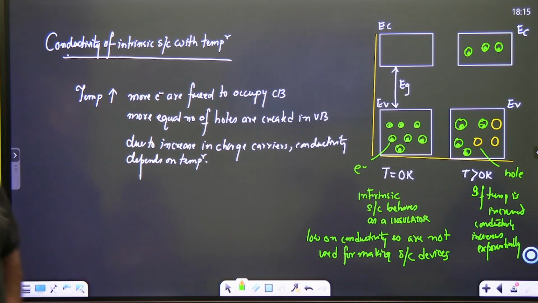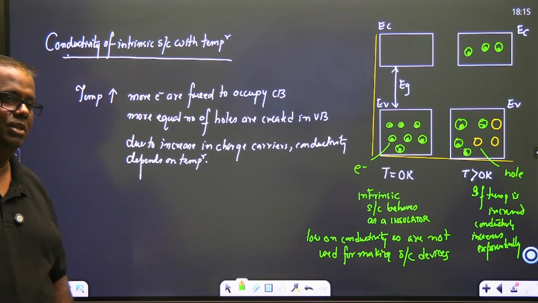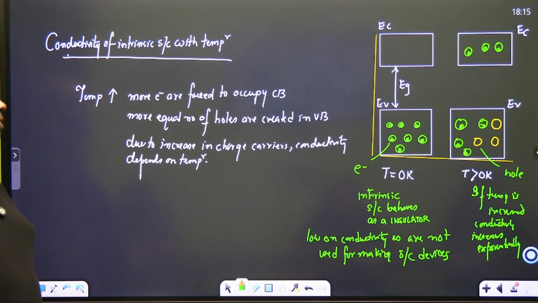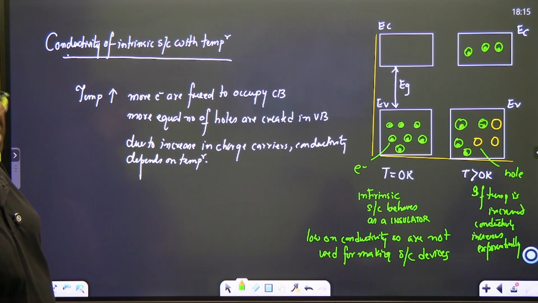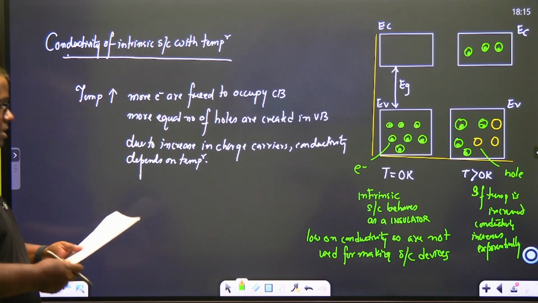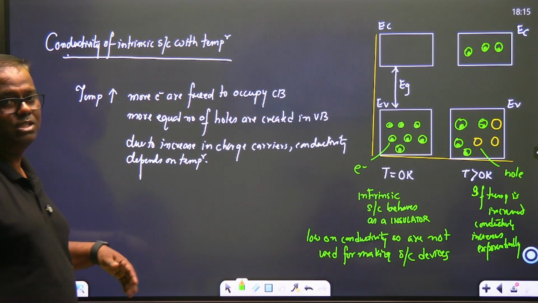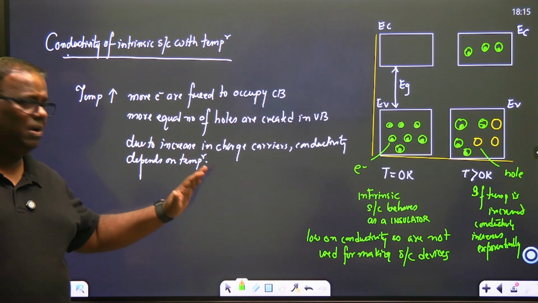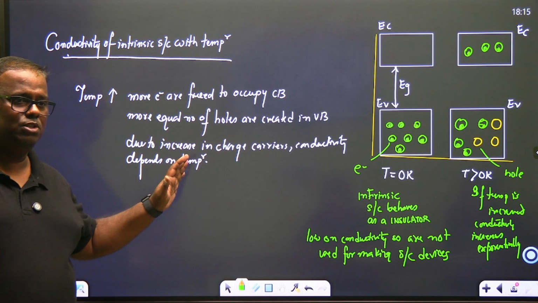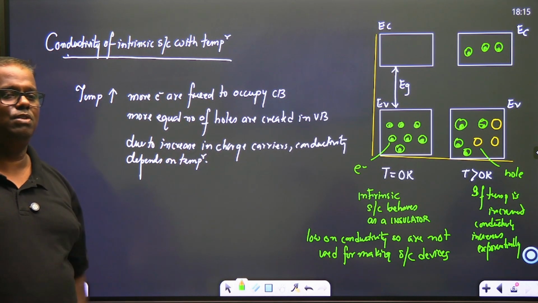Electron-hole pair recombination is the same as electron-hole pair creation. A hole is like a positive charge. And when you are at absolute zero, you are like an insulator and you are not used for making any semiconductor devices. That means we have to now look for something else, and that something else is known as extrinsic semiconductors. After this we will pick up speed. Don't worry about speed.